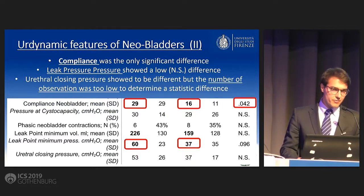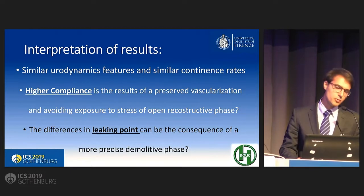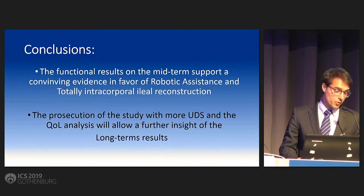The only significant difference that we found was about the compliance, which was a little bit higher in the robotic-assisted procedure, and similarly the leak point pressure was a little bit higher for the robotic-assisted procedure. These differences might be linked with a more conserved vascularization for the robotic-assisted procedure. Maybe this is not evident yet, but we suppose that this can be a cause. And similarly, the higher leak point pressure might be the consequence of a more precise and more anatomical dissection during the demolitive phases. So, to conclude, we can say that